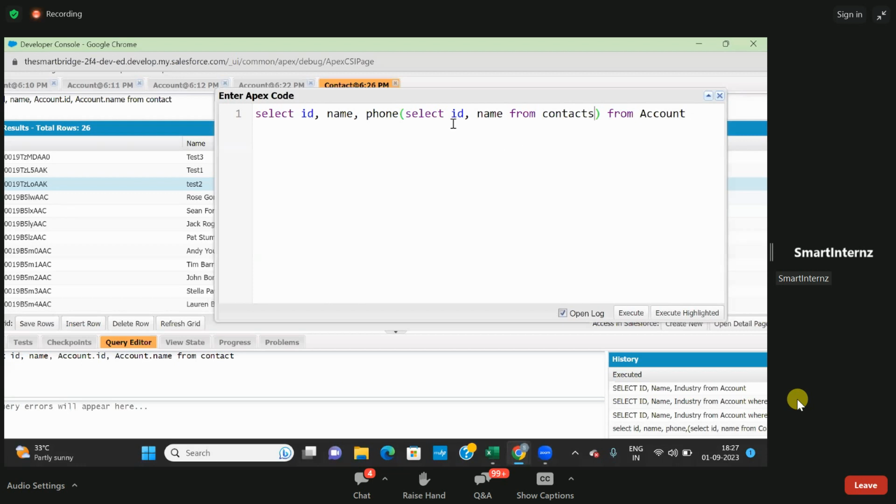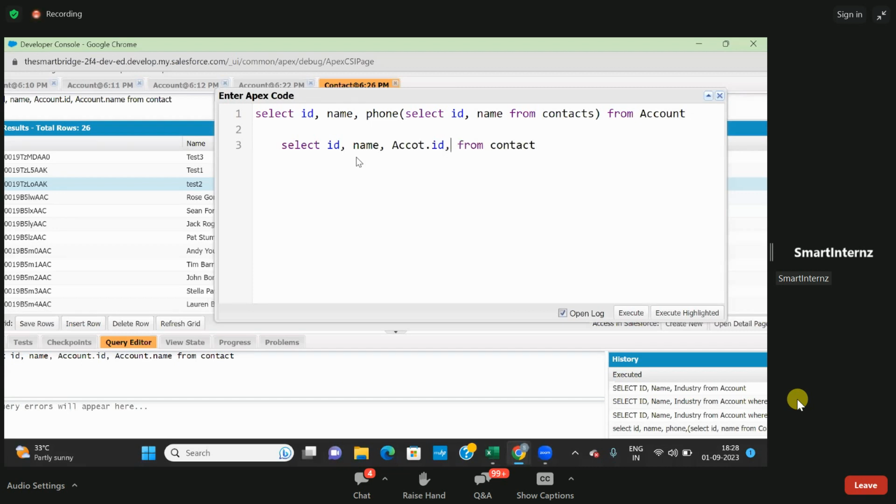Okay, so this is one form, and another form is select ID, comma name from contact. Then before this from, I'll be using comma, then account dot ID,